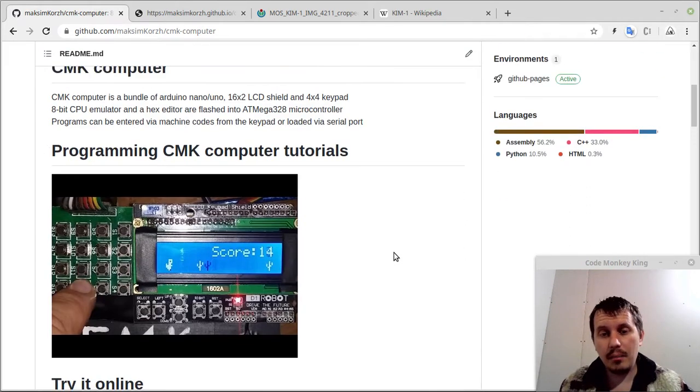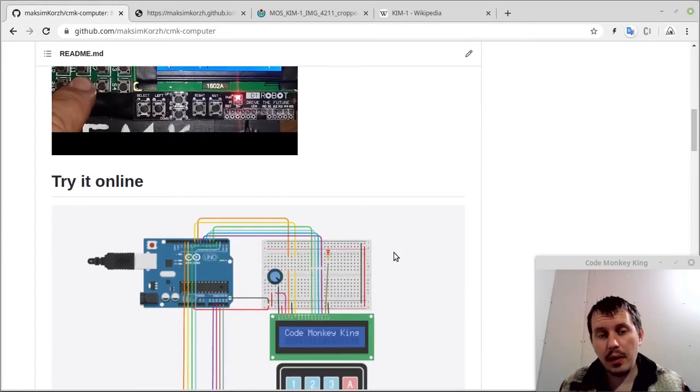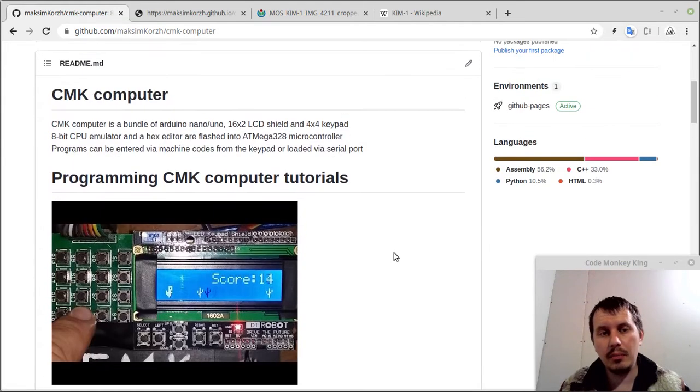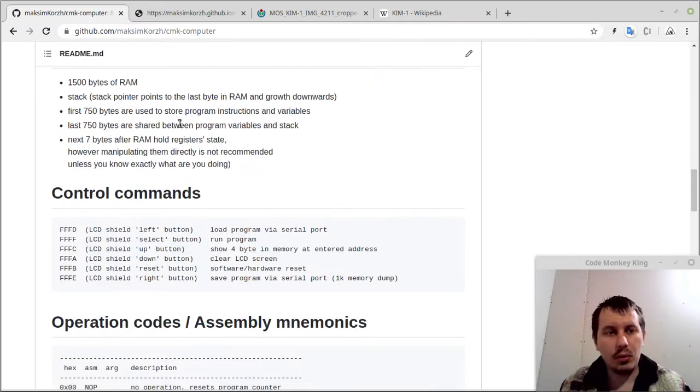And bear in mind that the CMK computer is based on an Arduino Nano, so there is an imaginary CPU emulator running on the Arduino Nano, and I only have 2 kilobytes of RAM on it, and initially the emulator RAM was the size of 1K of RAM. However, recently, today basically, I managed to expand this a little bit, so from now on it's already